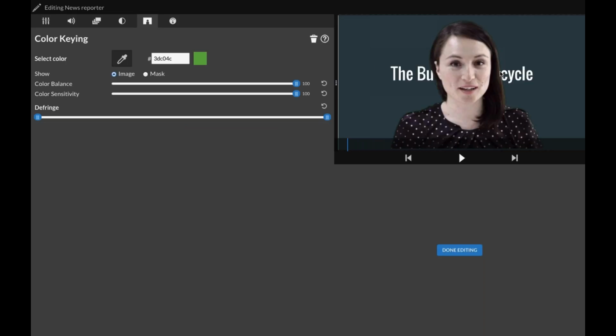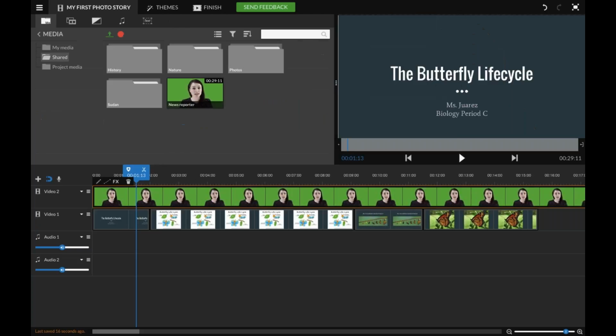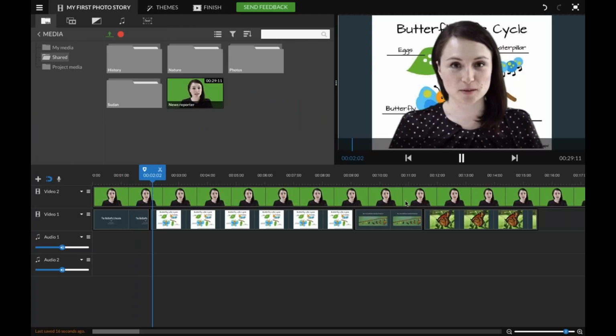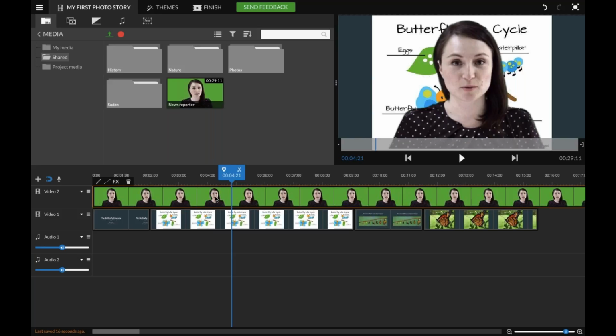We're still keeping the person in the foreground, and we have all the background showing. We can tweak the mask a little bit to make this kind of not visible. And then we're done. So now we have a green screen video. We have the person in the foreground on the top track, and we have the bottom track going with the narration. There's one problem here.